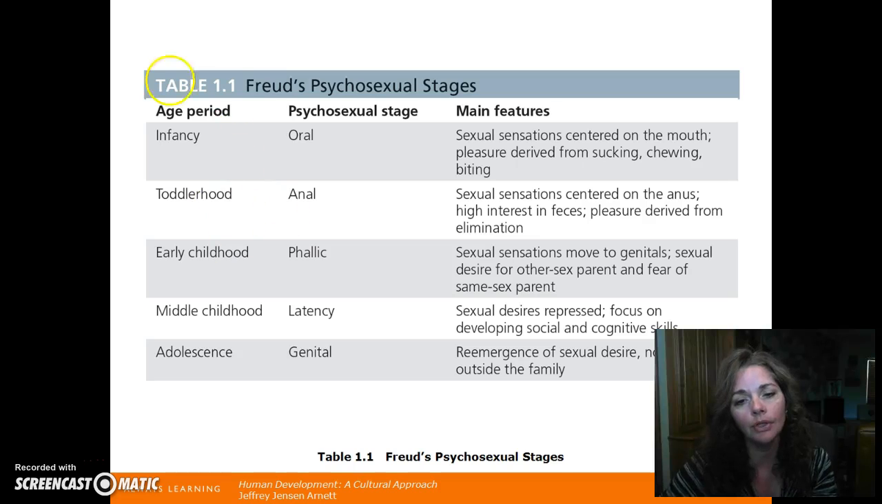In toddlerhood, you advance into the anal stage of development. The really central area or achievement in toddlerhood is potty training. So learning to control your anus and your bowel movements is really important. And it's very pleasurable, or relieving, to be able to control and manage your own bowel movements. And so in that sense,